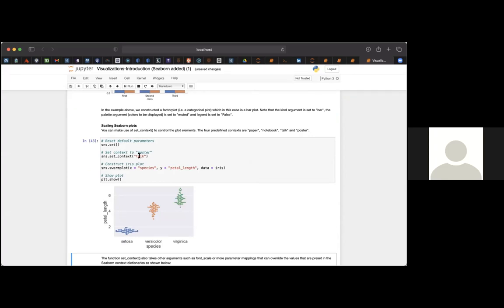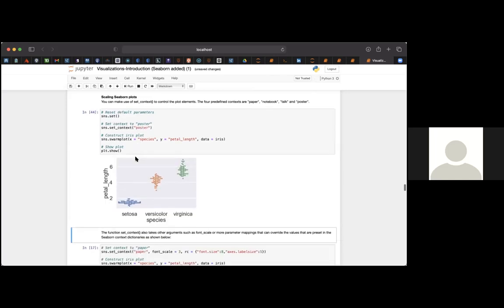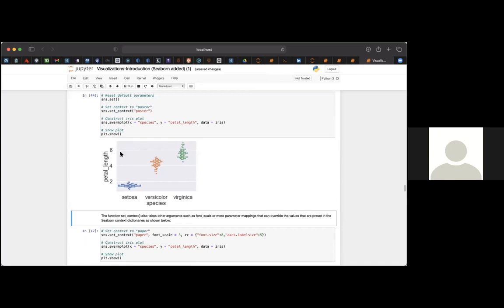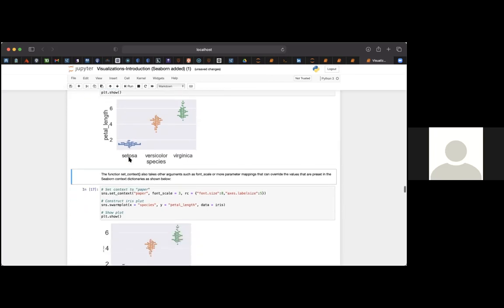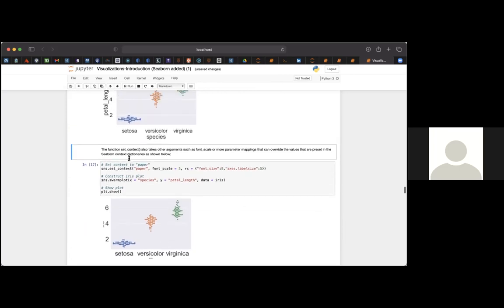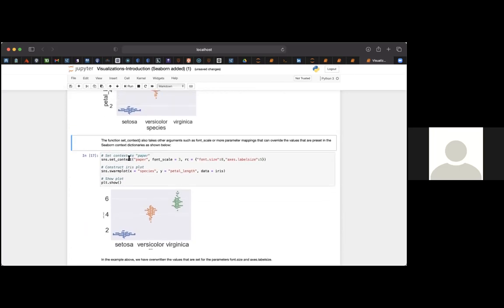Talk is a bit more clear than poster, but it depends on how you want to print it, how you want to show the same swarm plot that we saw earlier against the petal length. Now you can change the scale,